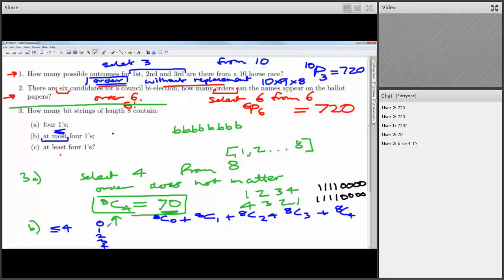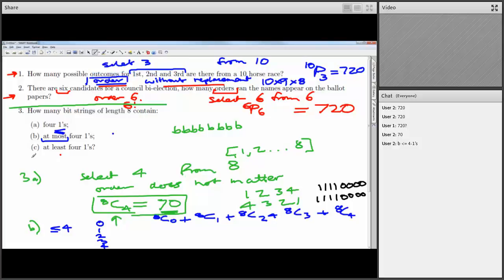So I want to consider all the different possibilities. For each possibility, work out what it is and just add them all up. And that works nicely so long as the cases are what I call mutually exclusive or disjoint. See if you pull out your calculator, see if you can get the answer. While you're typing in your calculator, I'll just talk briefly about 3C.